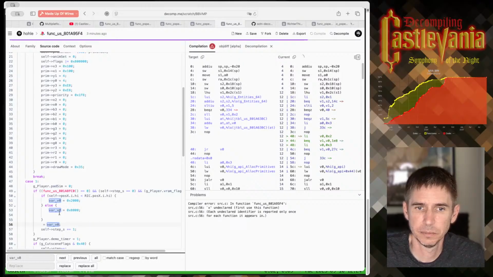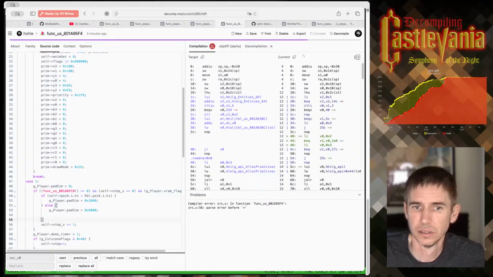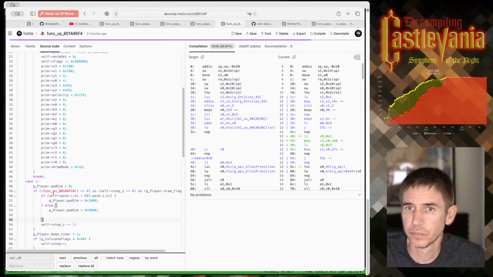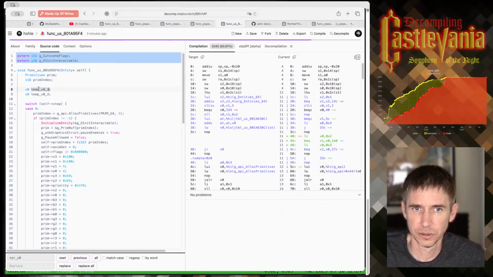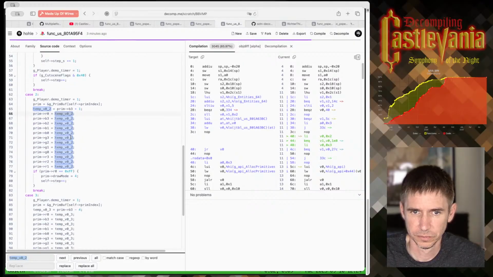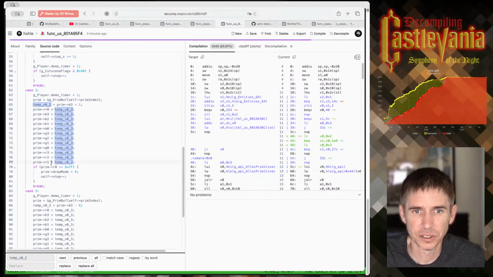Another pad sim. So again, we're controlling the player when this event happens. See how we are. There's a few vars that I still need to work through. Let's do this B0. So